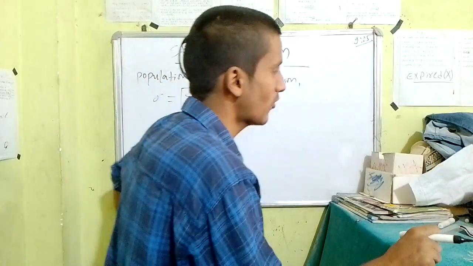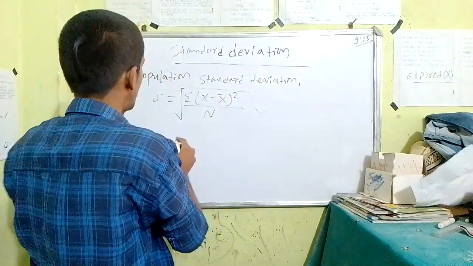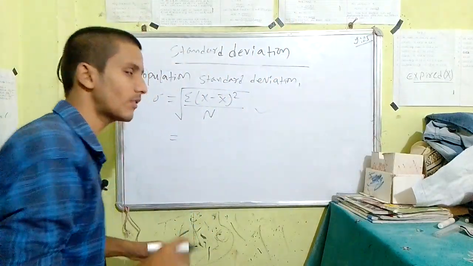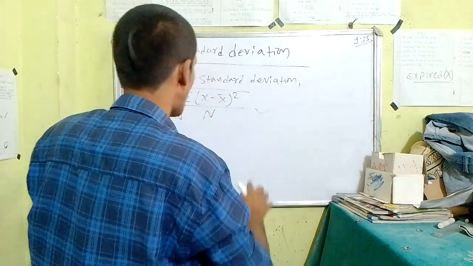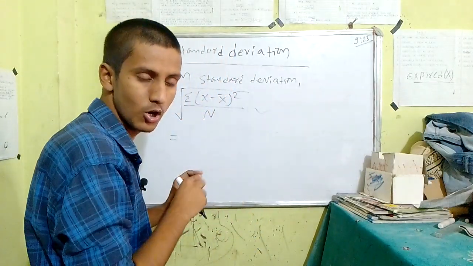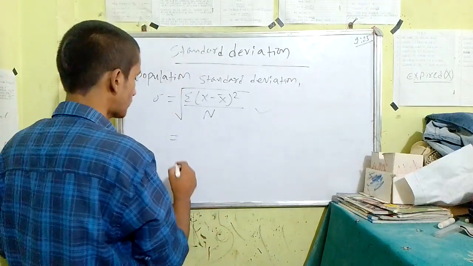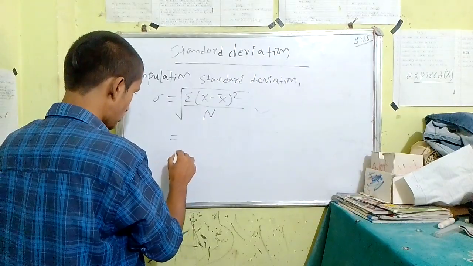We have another formula for finding standard deviation as well, which is also helpful. Many times this one might be lengthy, but the other one that I'm going to give you is going to be a short formula. So you're going to be deriving that. Pay attention. How to derive it? This will be the square root